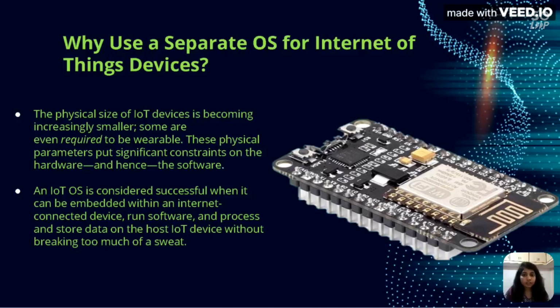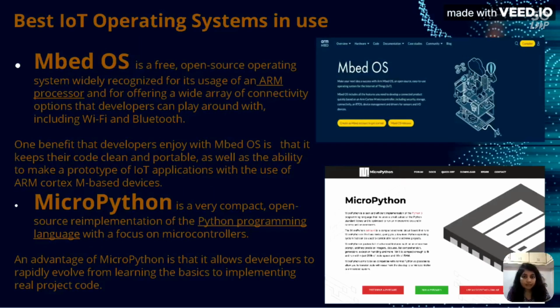The IoT operating system is considered to be successful when it is embedded within internet connected devices, runs the software, and processes and stores the data in the host IoT device without much risk factors. Some of the examples of operating systems for IoT devices are Mbed OS, which is